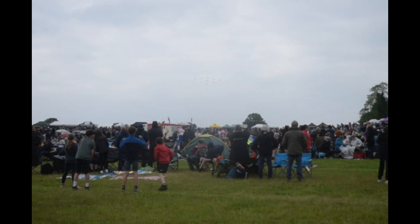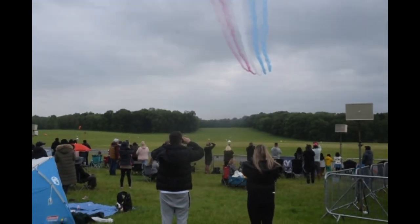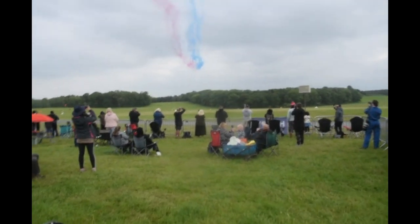Inverse Festival, please put your hands together for the 2024 Red Arrows! The team arriving in our world famous Diamond 9 formation, trailing our world famous red, white and blue. The team leader brings